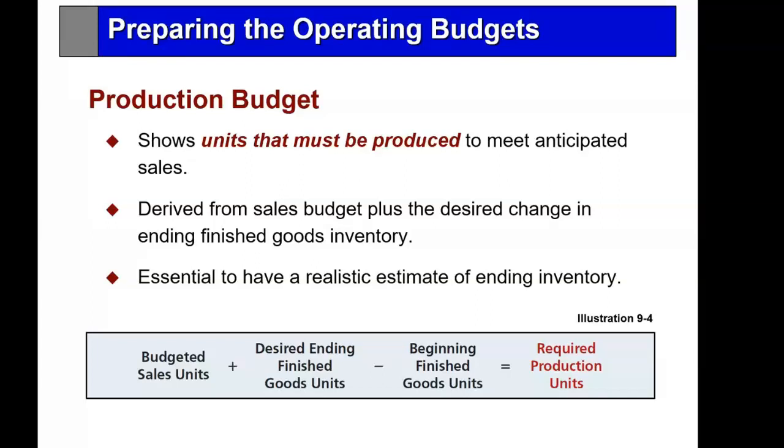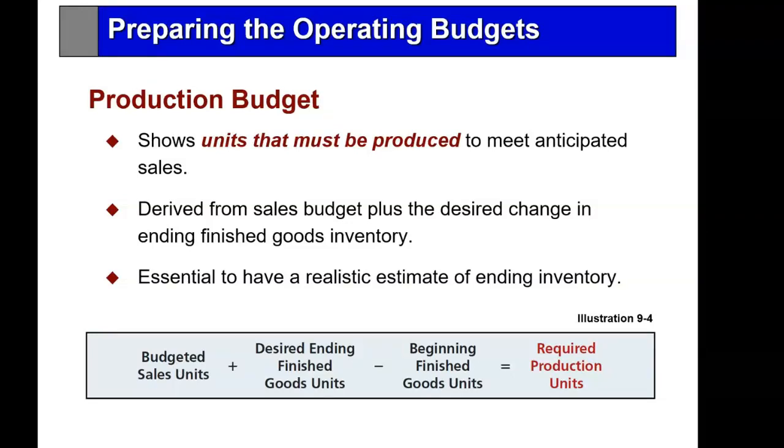You produce enough to meet the needs of that quarter and a certain percentage to meet the needs of the following quarter. You see, inventory is a buffer. It's a cushion. In case the sales forecast is way out, we still have inventory. If we sold a lot more than we expected, we can pull from inventory and we can make adjustments. So in preparing a production budget, the production manager must take into consideration what management wants as ending finished goods. So he produces to what the sales budget says we need for sales in the first 3 months of next year,